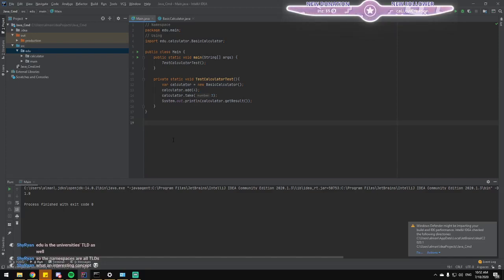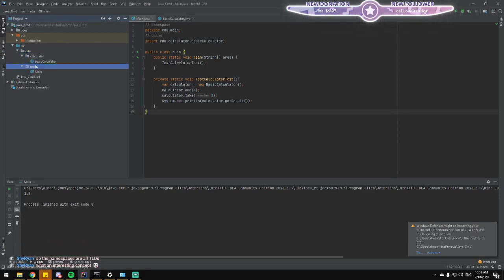I think edu would be good. I also think it's quite interesting to prefix it like this, but that's the Java way, I guess. If I'm coding in C#, I don't do that. I just call it calculator or basics or training or whatever namespace. But yeah, I guess that's how they do it.